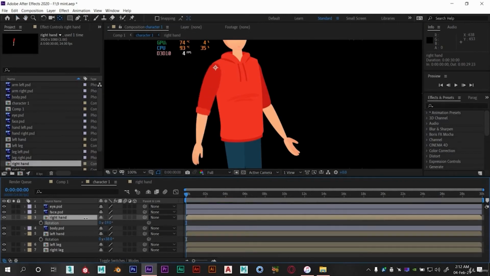Now let's move to hand part. Press R and start animating it by making initial key and final key as shown.